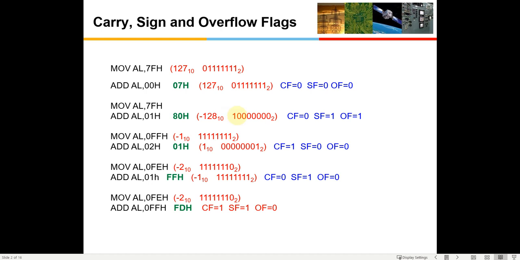So there was a carry from here to here. While adding 0 and 1, there was a carry coming into the most significant bit, but no carry going out of it. So when you take an XOR, it will give an overflow condition. That is why the overflow is 1, and the sign is 1, because the MSB is 1. So that is the reason, and it works fine.